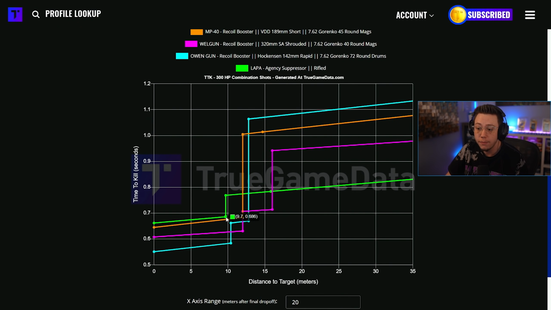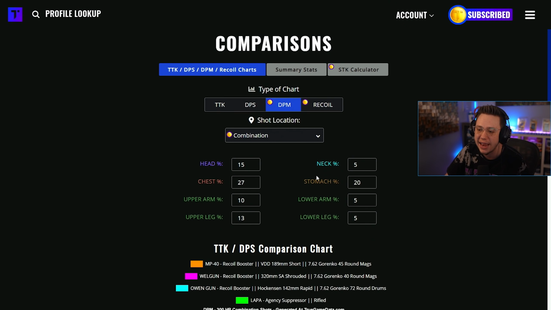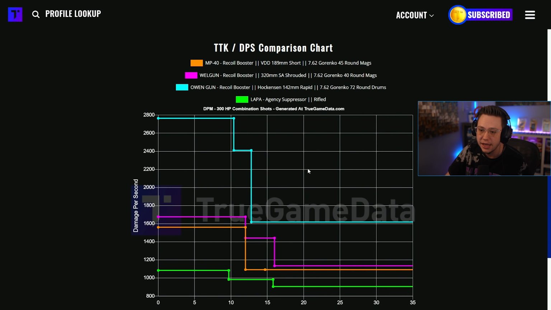The Lapa, very bad up close compared to these, like not very bad, I should say. It's worse than these up close. Not a bad option though. But then past 16 meters, it takes over, which is previously not something you necessarily need because of the damage per mag here. We can even go ahead and look at that, and you can clearly see the damage per mag